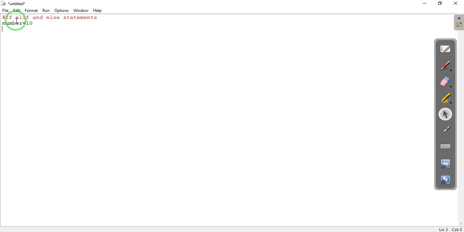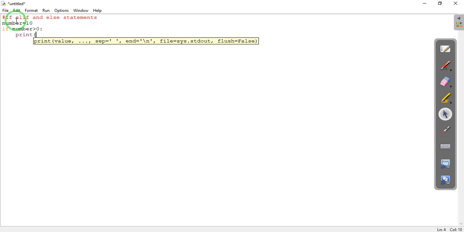Now let us write: if our number is greater than 0, then print the number is positive.